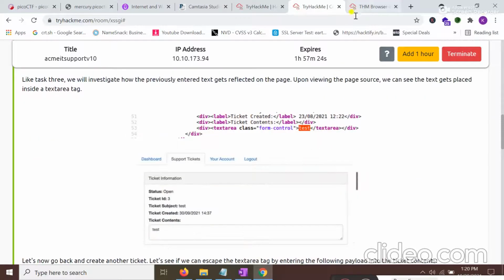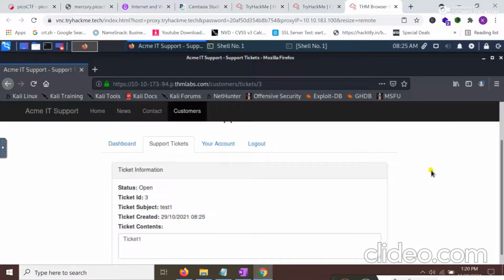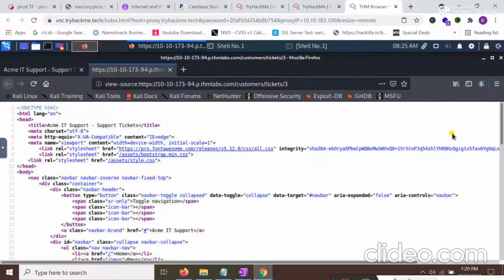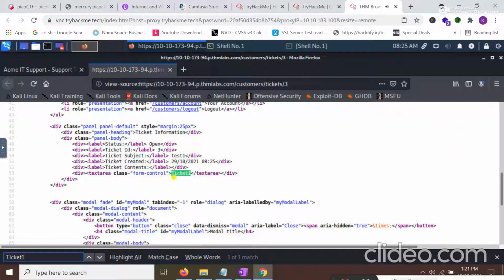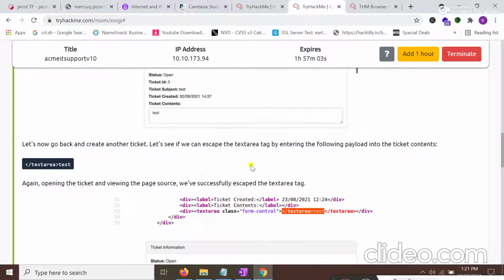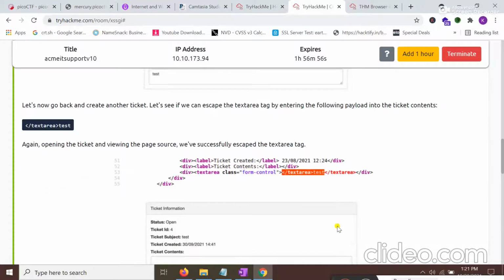Now if I check the source code by pressing Ctrl F and search for ticket 1, see here, it's reflected in a text area. Now it's time to actually use the text area payload that you learned in the previous task.